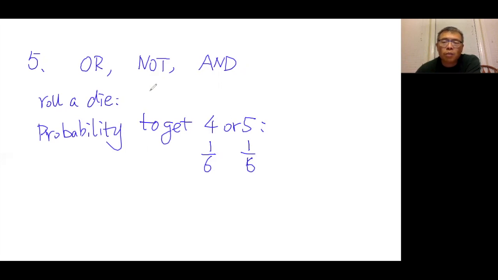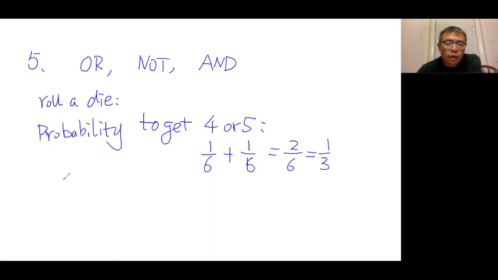As probably some of you have felt intuitively, you just add these two probabilities together. So the probability to get 4 or 5 will be 2/6, or 1/3, and that certainly makes sense, because you have 6 numbers in total, and you're getting 2 numbers out of 6 numbers. You have basically a 1/3 probability to get it.